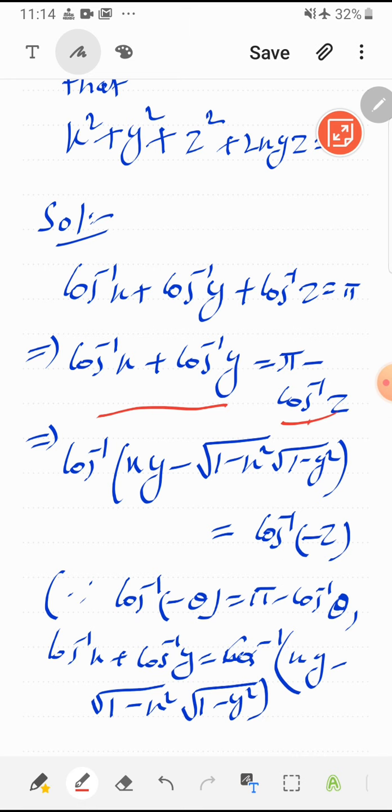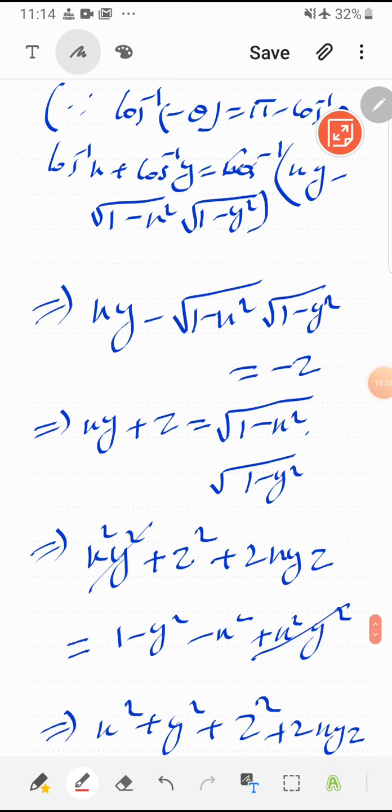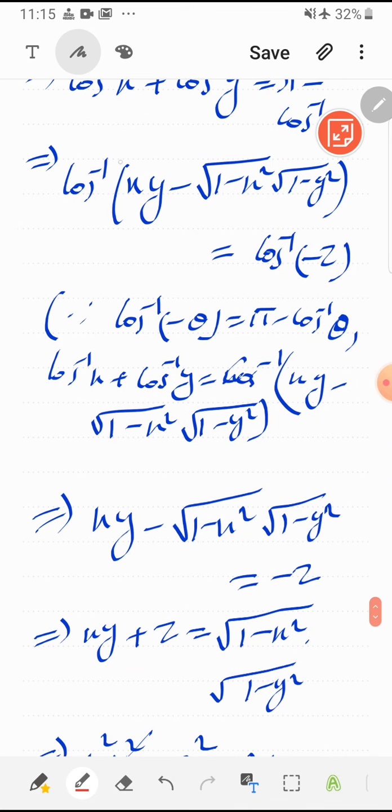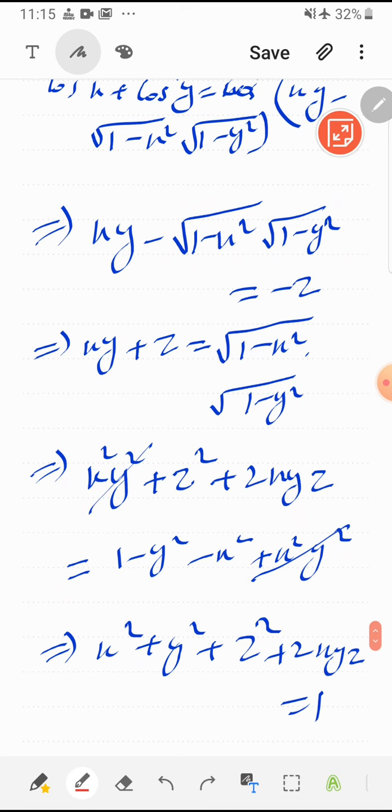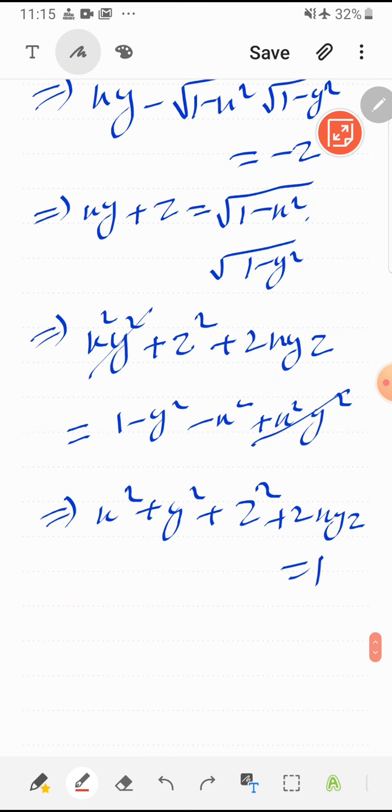The reason we have to write this is that reasons are very important for the present class. Now, as both sides contain cos inverse, we will remove the cos inverse and we are left with this expression. Next we can shift minus z to the left hand side and the term containing roots to the right hand side. Next is a very obvious step, squaring both sides. The left hand side becomes a square plus b square plus 2ab. On the right hand side we will remove the square and open the bracket, common terms cancel, and we are left with the required result.